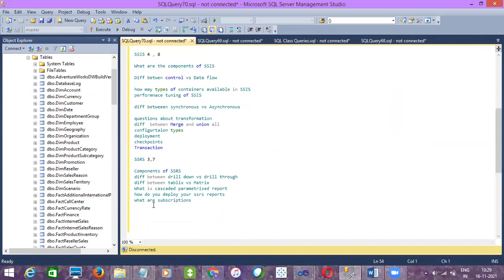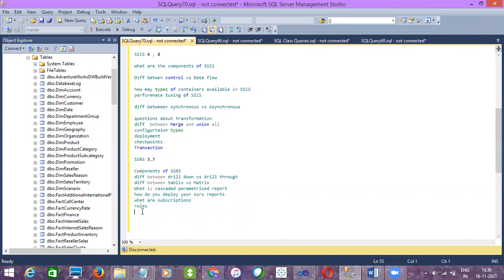And then they can ask you about roles. They can directly say roles are specific to the project. So my manager used to take care of it. Even in real time they take care of it. Being a developer, we don't know which report has to be given permission to which user. Because multiple reports are created by our team, and those reports are used by multiple team managers and users. So we don't know who the concerned person is to view a report. That is taken care of by our manager, who is in contact with the users.